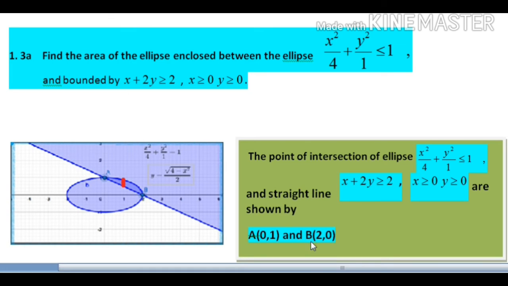So I have shown you these, the points of intersection of the ellipse and the straight line. How will you find the points of intersection? Just take x as 2 minus 2y and put the value of x here. In place of x, put 2 minus 2y and simplify. The whole equation is in terms of y. Solve the equation for y. You will get y as 1 and 0, right? And the corresponding x will be 0 and 2. So you get 2 points of intersection, A and B: A (0, 1) and B (2, 0), right?